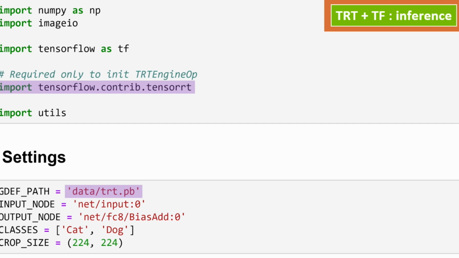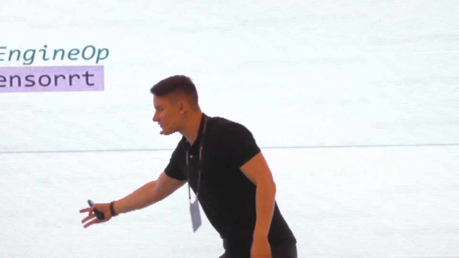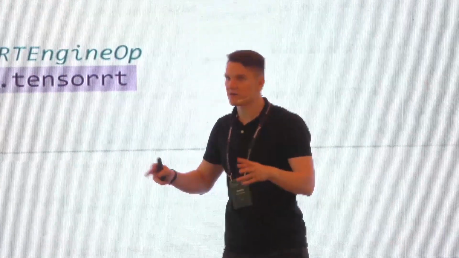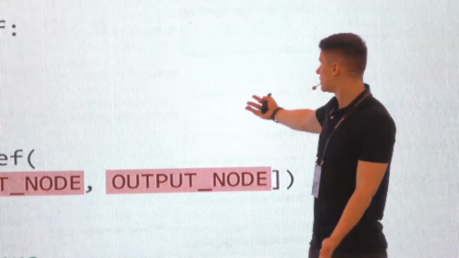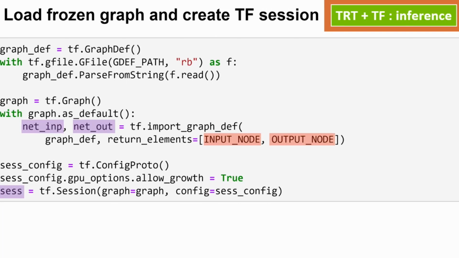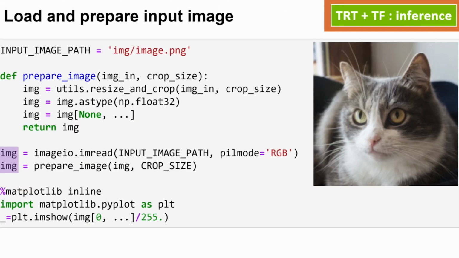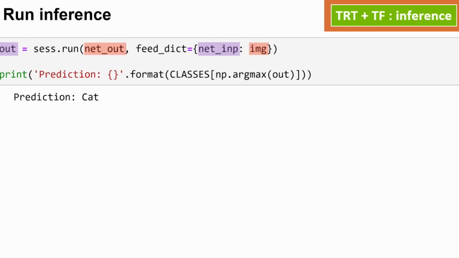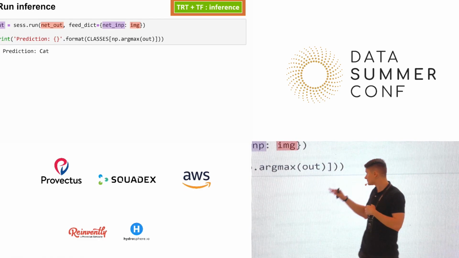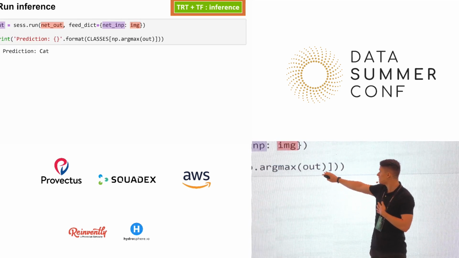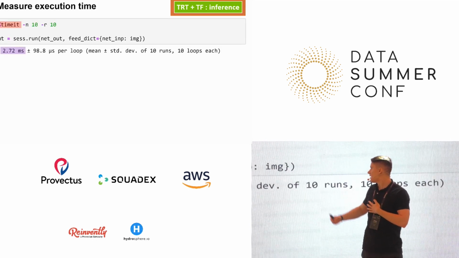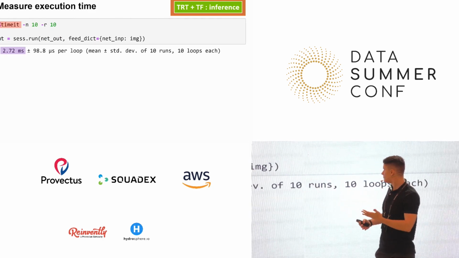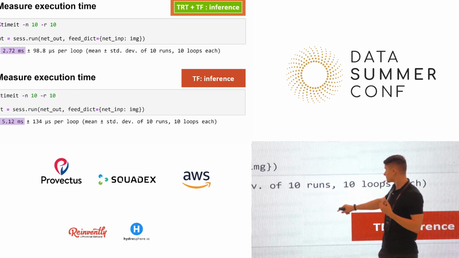We just load our graph, but this time it's not the frozen graph, it's a TensorRT graph after the TensorRT optimization part. In the same way, this is loading the graph, session, some usual TensorFlow stuff. Again, this is our cat. And the same thing as we did before, again, within TensorFlow, without using the TensorRT runtime engine. Within TensorFlow, we run our inference, our prediction is cat, and we have, again, improved our performance, because in pure